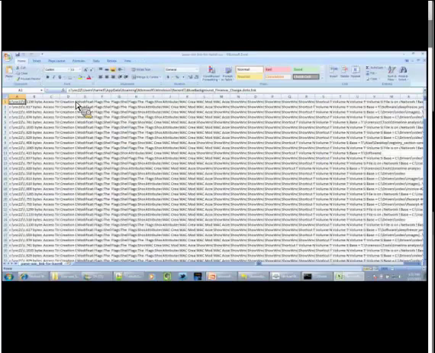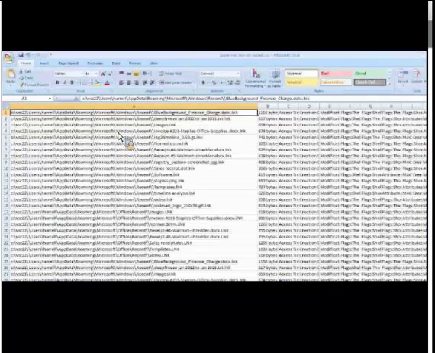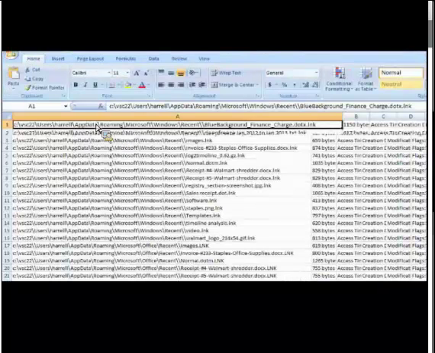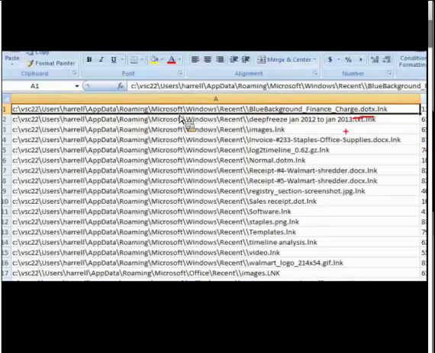This is just the actual CSV file. I'm just going to open it real quick. And then you can kind of see, I'm just going to zoom in real quick. As you can see, this just parsed a bunch of different link files. And then we can kind of see what the link files are,